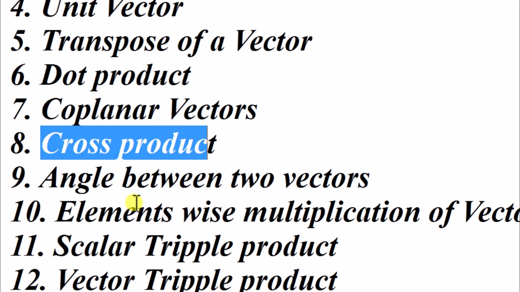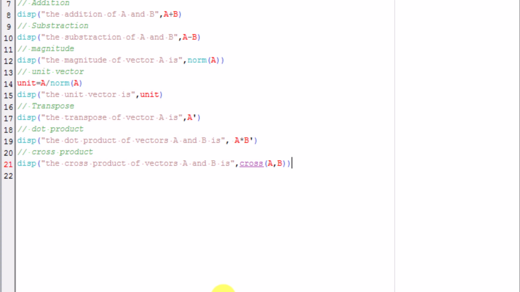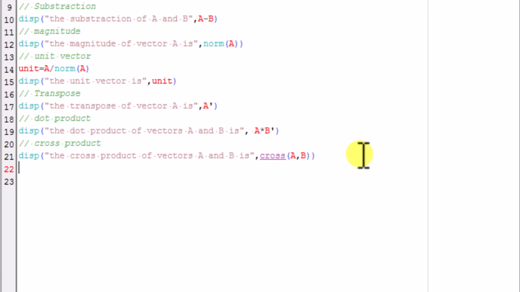Now what is the next topic? Angle between two vectors. So this is a very important topic, and all of you should see this carefully. So how do we calculate the angle between two vectors? First we will take the dot product of two vectors, and then divide this dot product by their magnitudes. Okay, for example, if we take two vectors A and B, then the dot product of A and B divided by their magnitudes, and after that we will take the cos inverse. So let us move step by step.